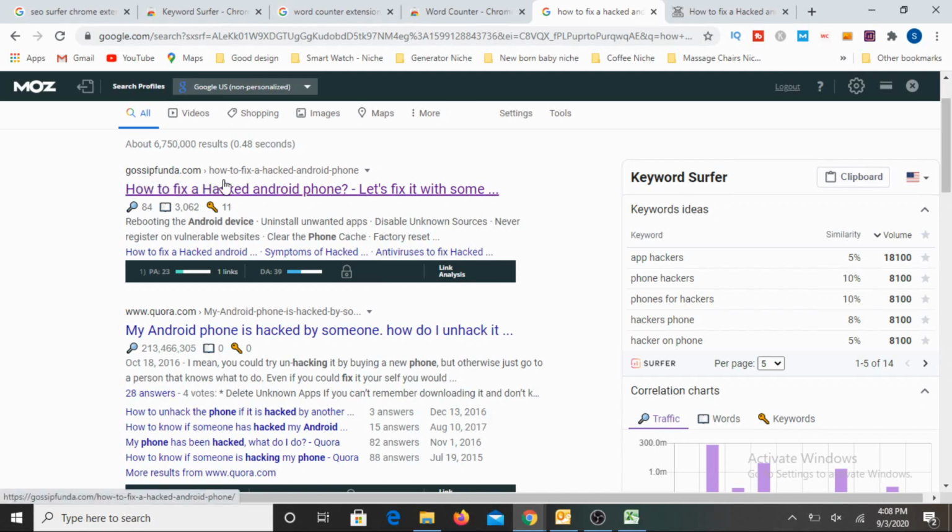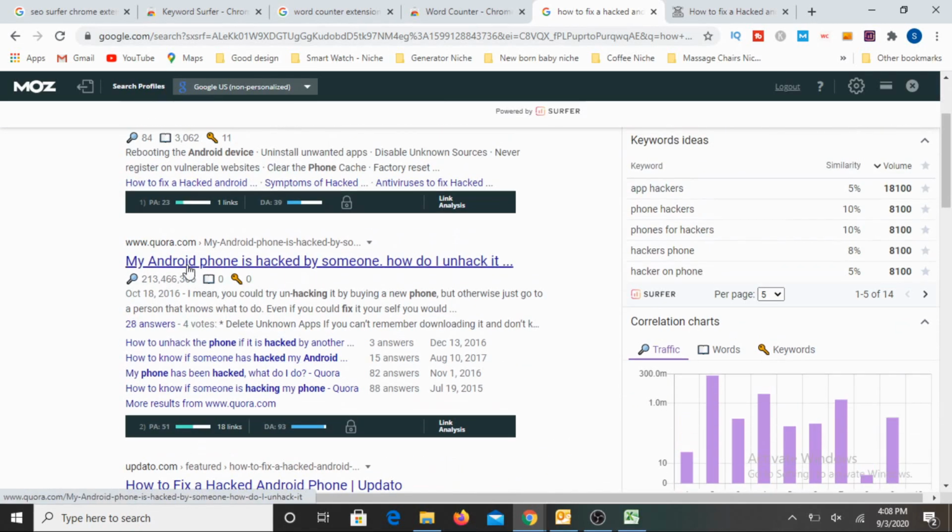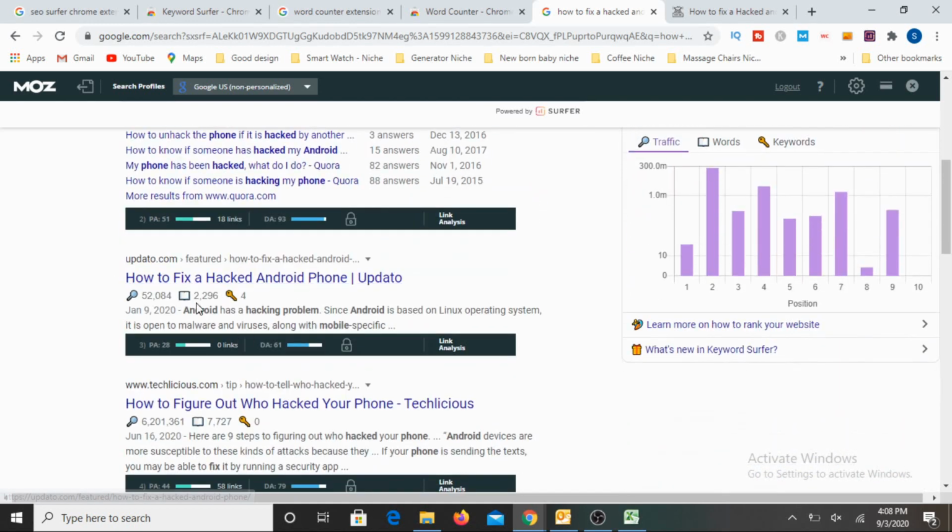So for this top one result, this URL has about 3062 words of content. Now if you go to the second one, ignore it because this is a Q&A site, so we don't worry about that, because there will be several long questions and answers, not necessarily targeted answers. Next, the third site, about 2296 is the number of words, you can see it here.